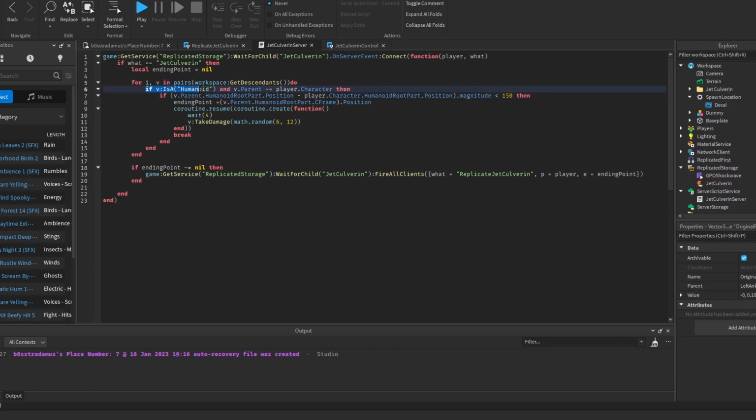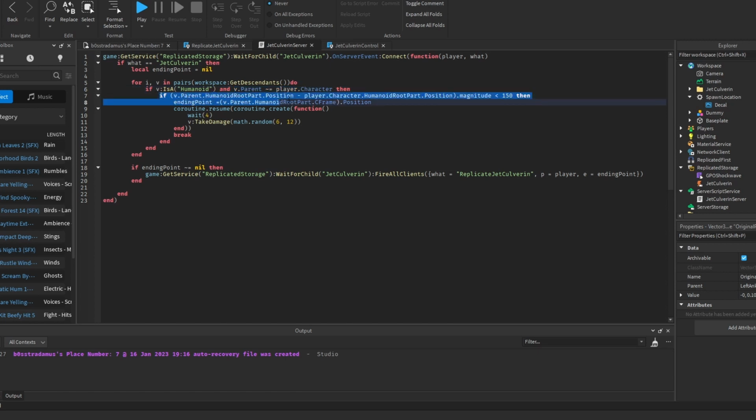Now, we are looking for a humanoid. Okay, that's the first requirement. The second one is that the parent of that humanoid is not our character. So why are we looking for these things? Okay, first of all, when there is a humanoid, we can conclude that there is a high chance of this humanoid belonging to an enemy, aka NPC whatsoever, or to a player's character model, okay? That's the first thing. And with the second requirement, we exclude that we have just targeted ourselves,